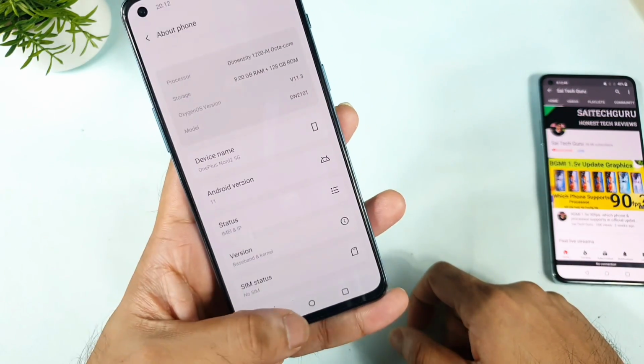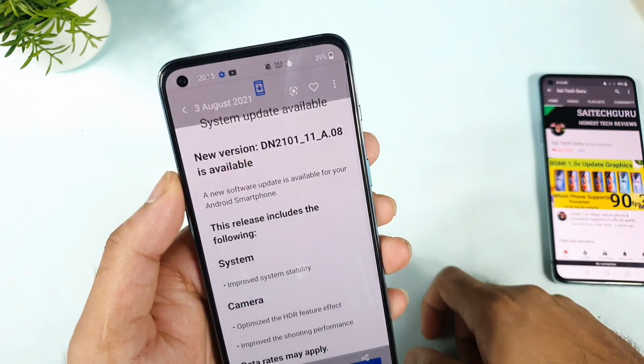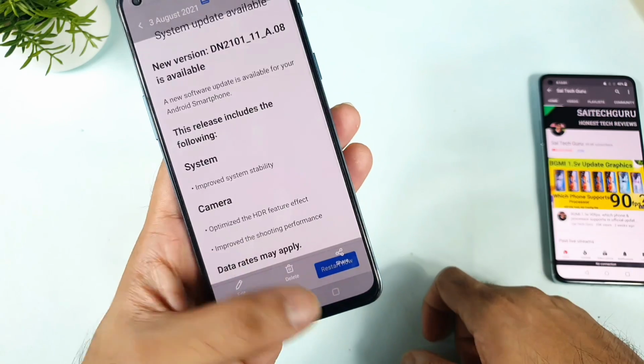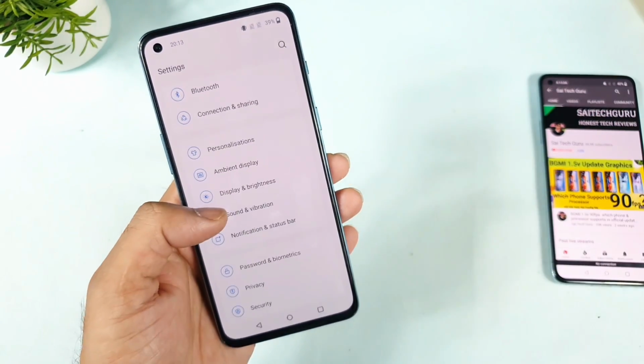As you can see, this is a OnePlus Nord 2. And this was the update I received on the 3rd of August. As you can see friends, just yesterday only I did receive this kind of update. Let me try to exactly show you what the screen flickering is, whether it's fixed or not.